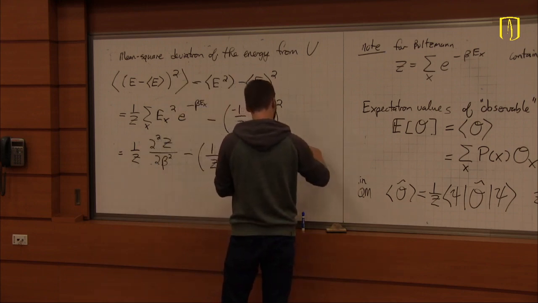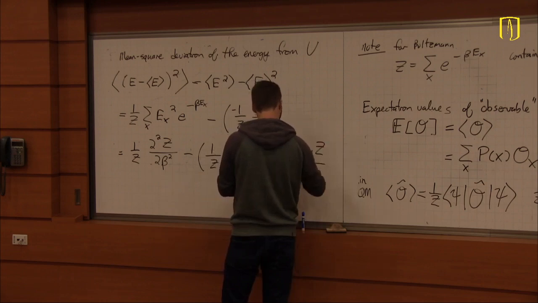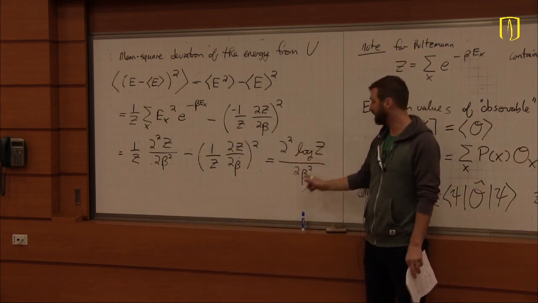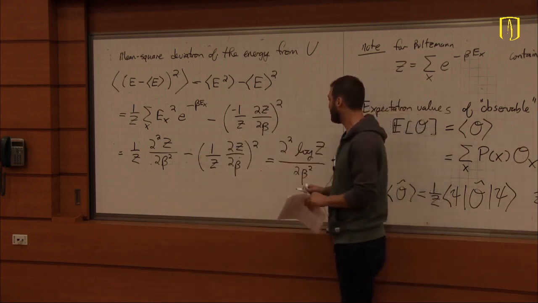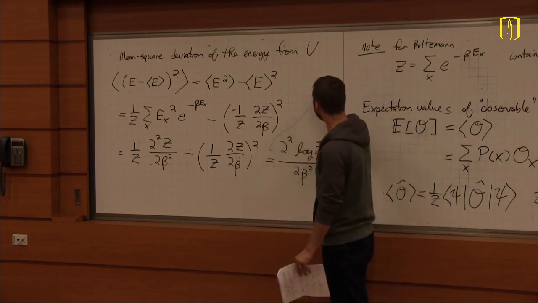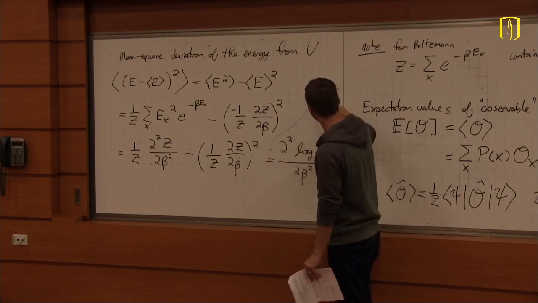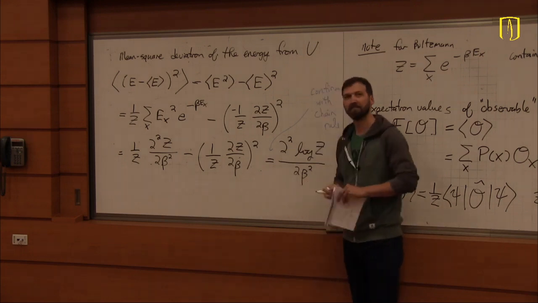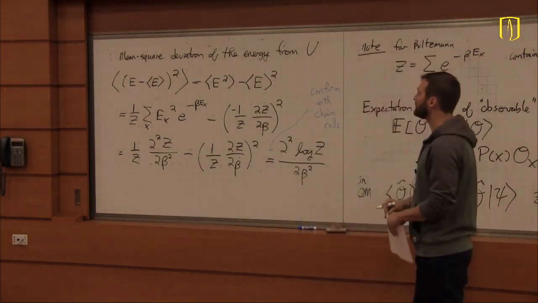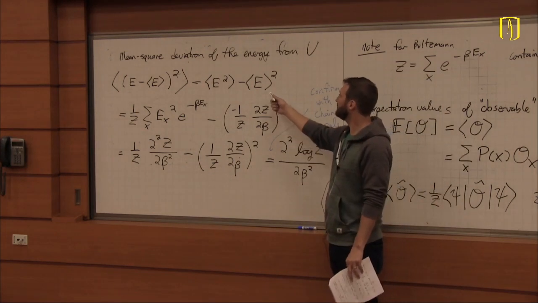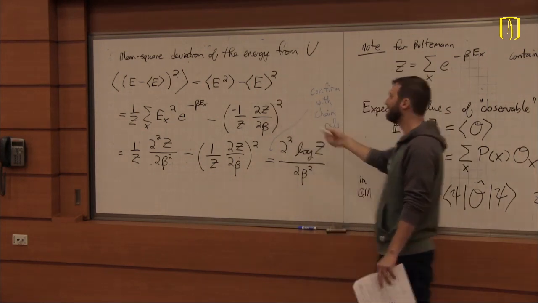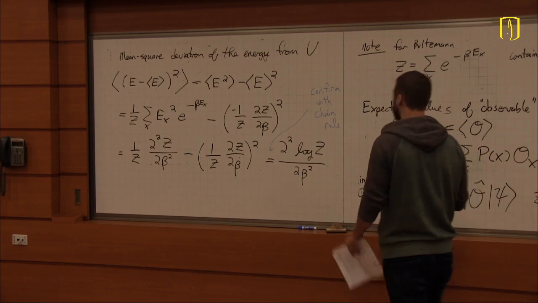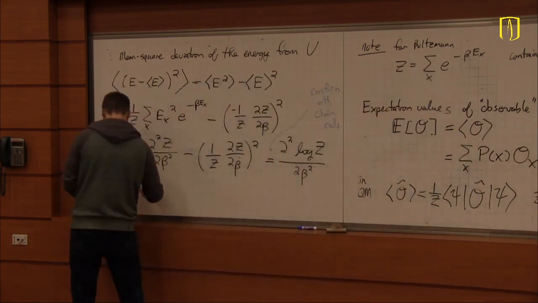And finally, I can write this whole expression as a second partial derivative of log of the partition function with respect to beta. If that step's not obvious, just confirm it with the chain rule. Okay, so now that I have something that looks like a mean squared deviation of the energy, in some sense, that I can relate to the specific heat up to that prefactor,